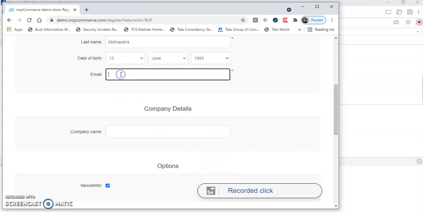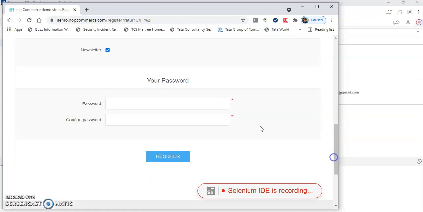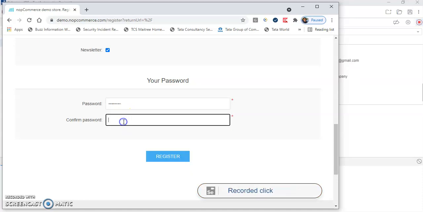And email, I can give anything, say automation at gmail.com, and some company name, say test automation company. After that I'm giving some password, test at the rate 123, then test at the rate 123.